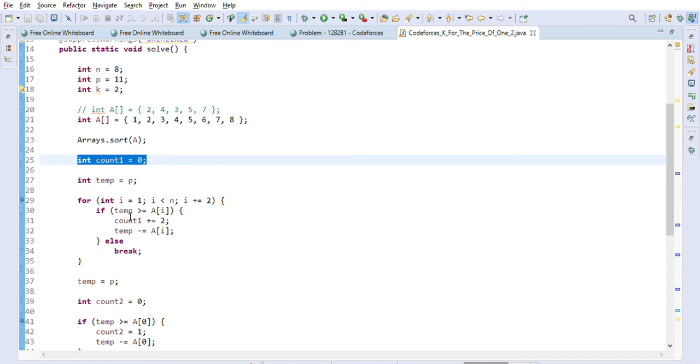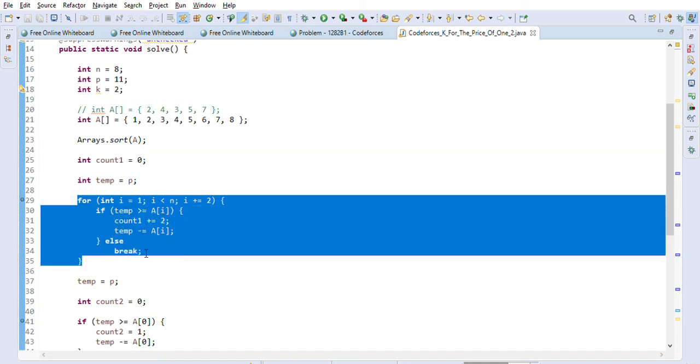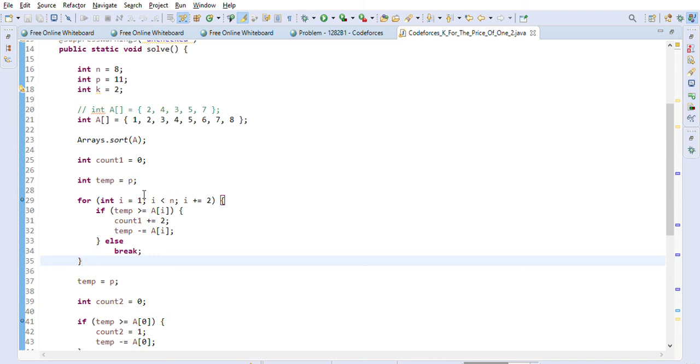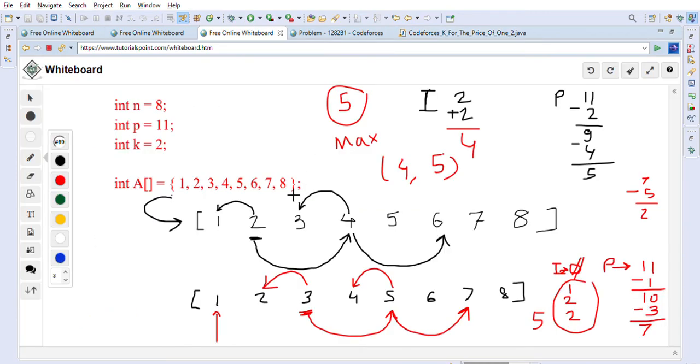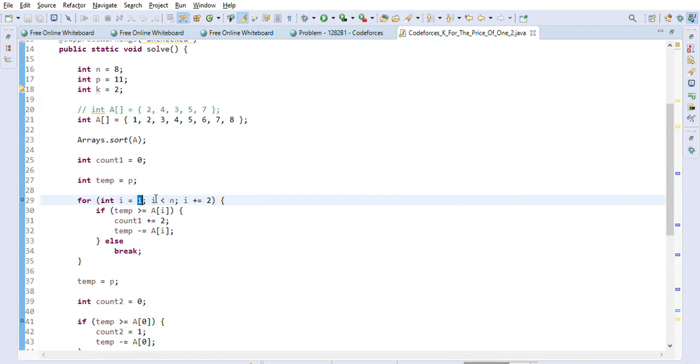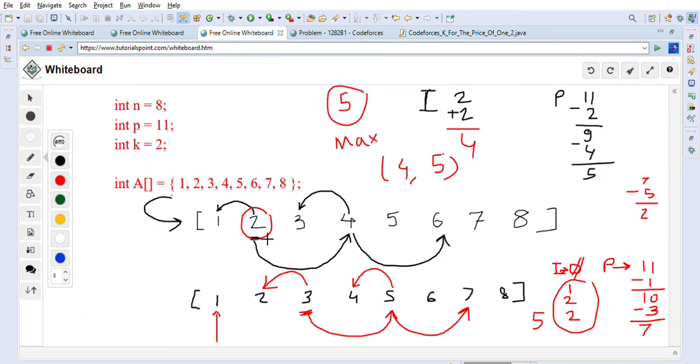So this is our first choice that we are taking here, right? This is the first choice. So we will start with item 1, and as you can see, in our first choice we always started with item 1 here, right? And that's what we are doing here also. As you can see, i is equal to 1 and i is less than n. i will be increased by 2 basically, right? So that's what you can see here. We are jumping 2 basically, right? Why are we doing the 2? Because once we can buy this item, it means that the previous item also we will get free basically, right? So that's why we are doing like that.